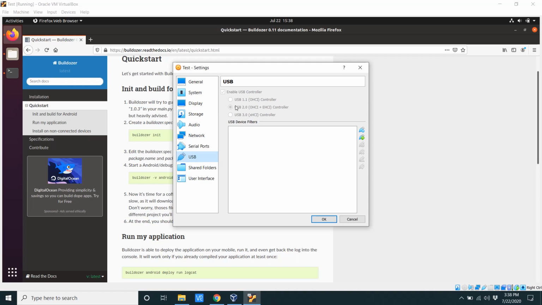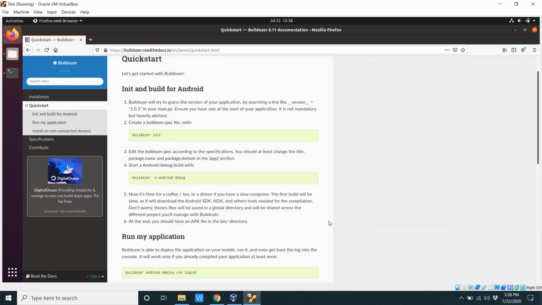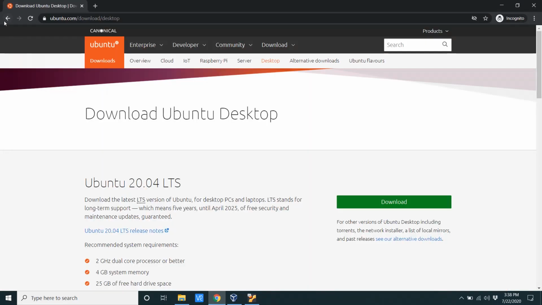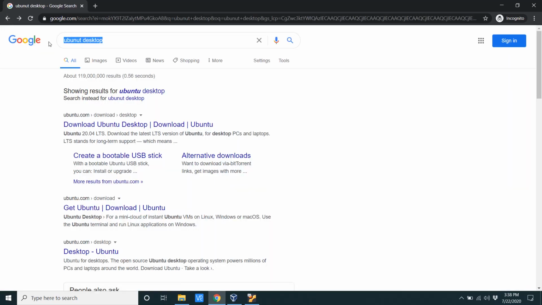Now for you, you'll probably only have USB 1.1. You won't have 2.0 and 3.0, but these are the ones you want since most computers, I don't think they have a 1.1 port. They have 2.0 and 3.0s. So to get these ports, what you have to do is get an extension. It's called VBox extensions. So if we go back to our host Windows computer here, and here in Google, we can type in